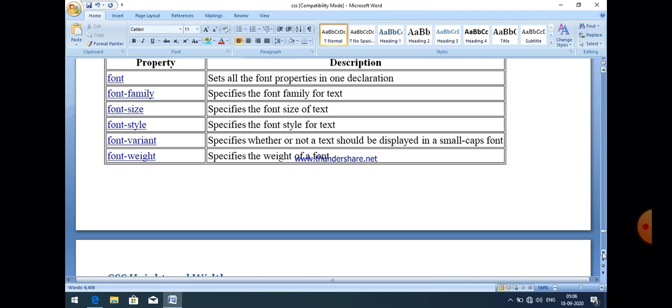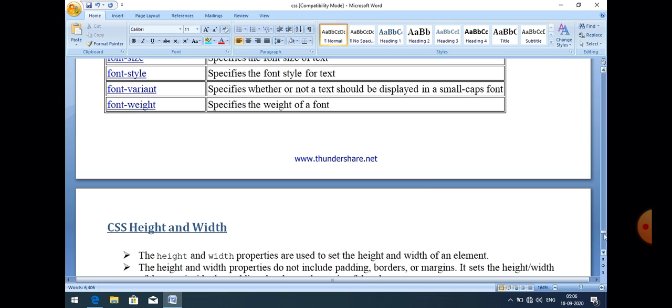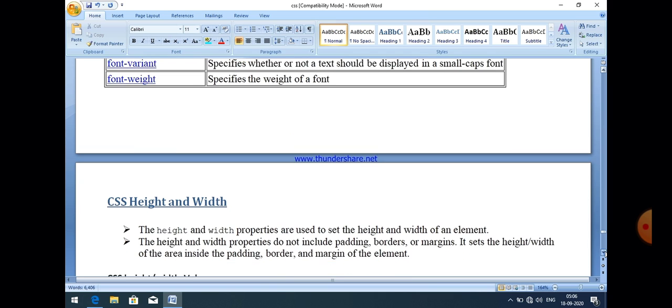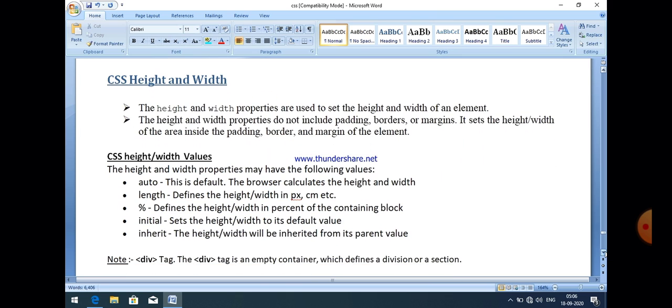Now let us talk about another topic, that is CSS height and width. You can increase the height and width of your web page using the CSS height and width properties. The CSS height and width properties are used to set the height and the width of an element.